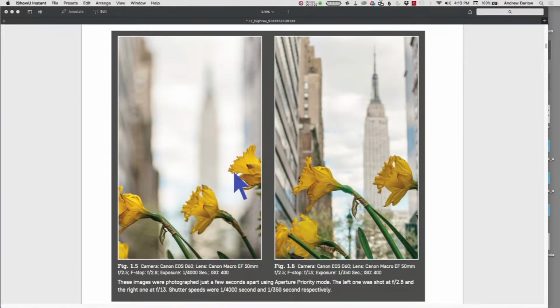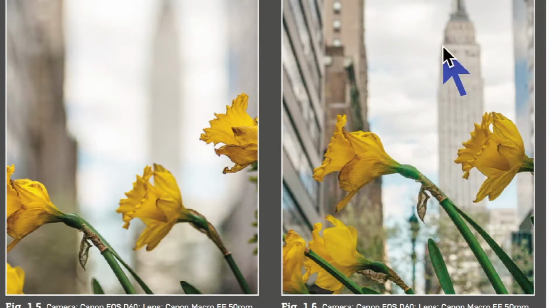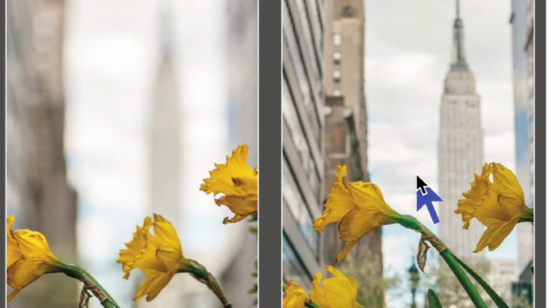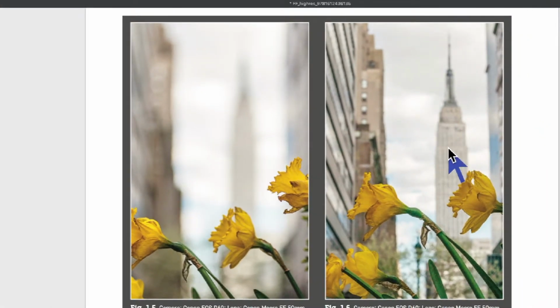I focused on this point approximately, and even this particular flower is not as sharp as these flowers. Yet you see in this one, all these flowers are sharp, and this building, which you may recognize as the Empire State Building, is recognizable as the Empire State Building as opposed to here. So this is such a dreamy, wonderful look.